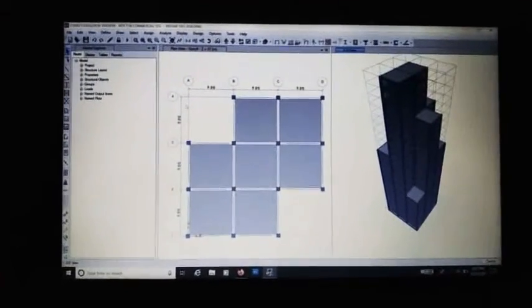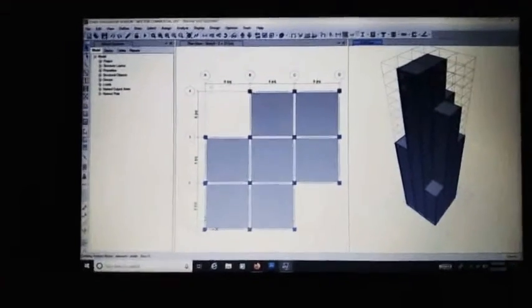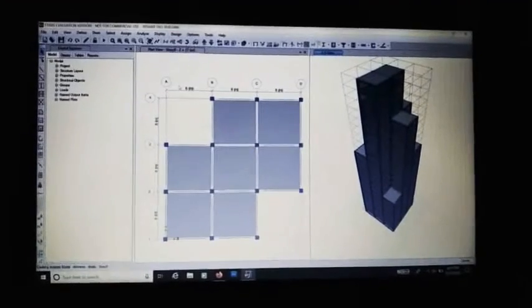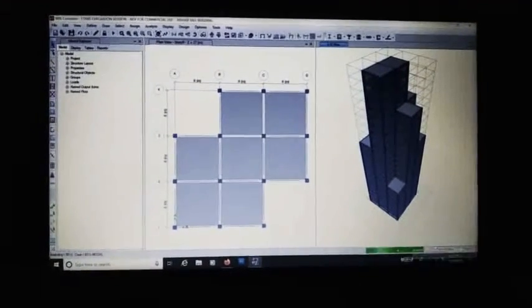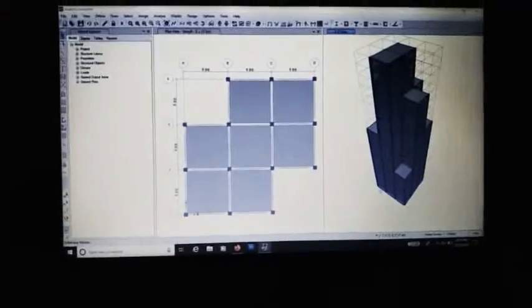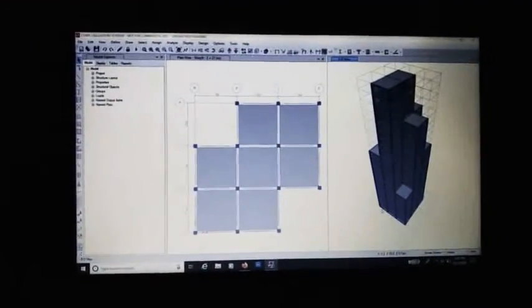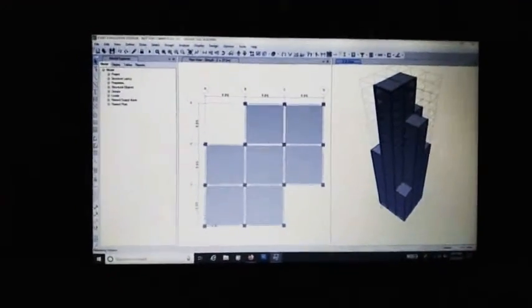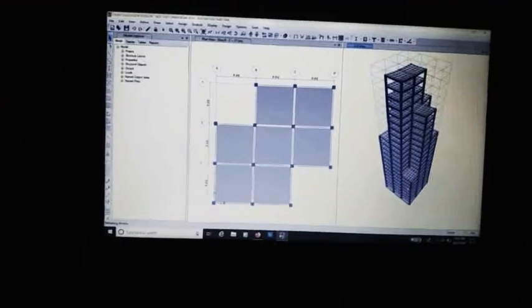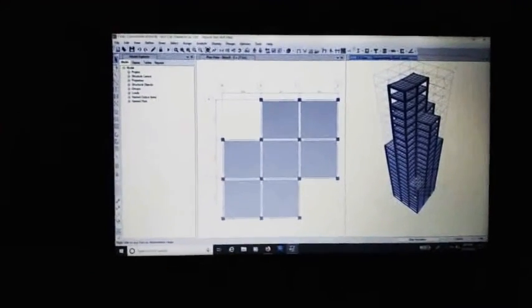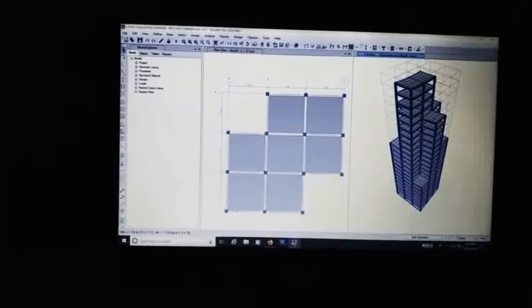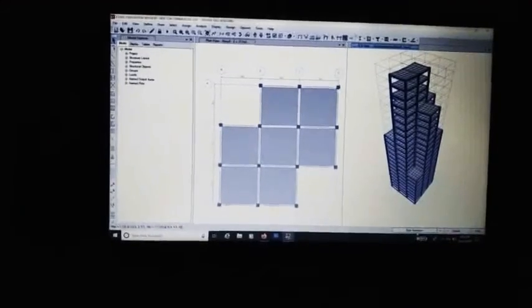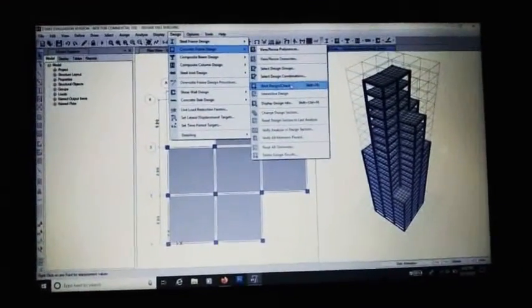It will take some time as there are 23 stories. Now further we will start the design check.